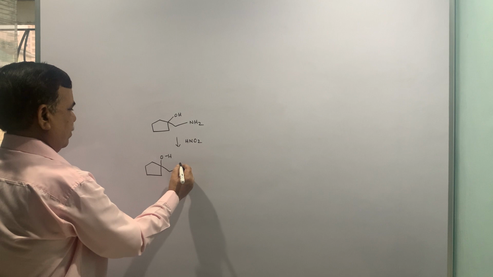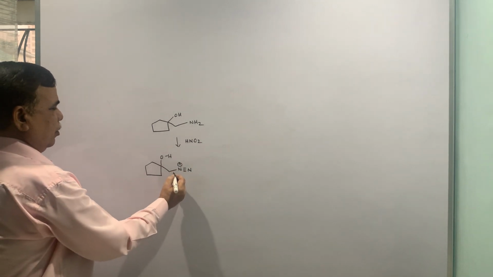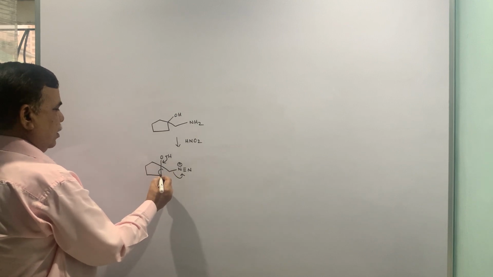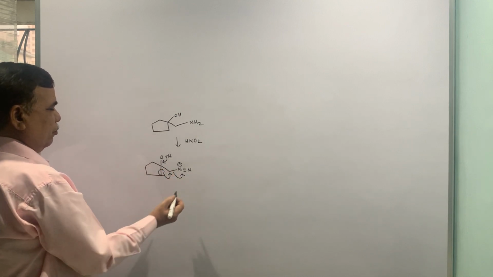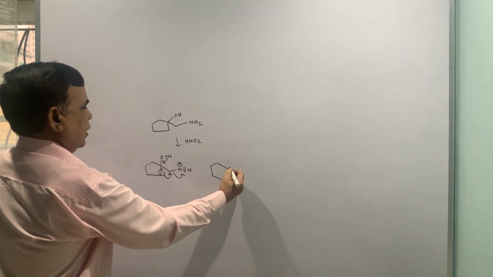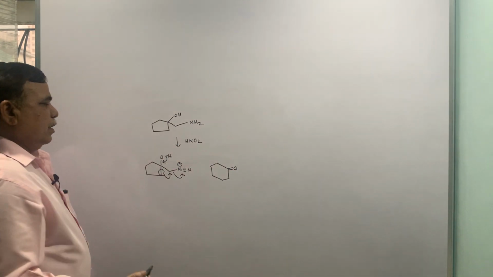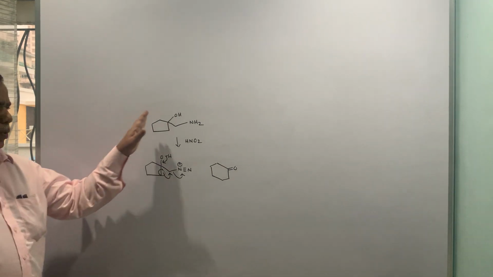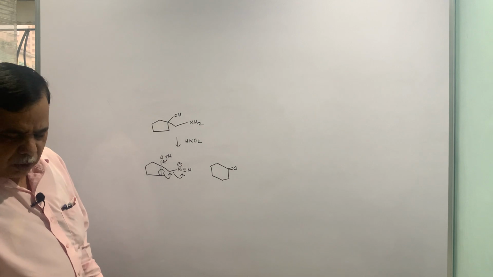First of all, the loss of proton, loss of nitrogen, then this comes here, this group migrates, the group which is anti, and what is the product? It is the 6-membered ring with a carbonyl group,